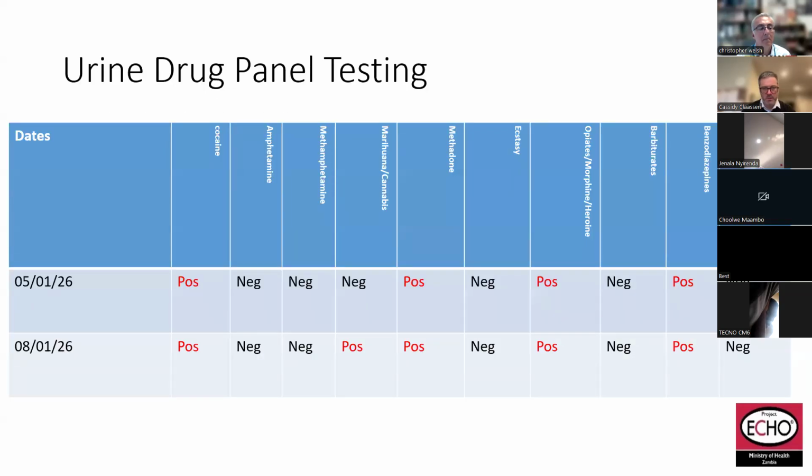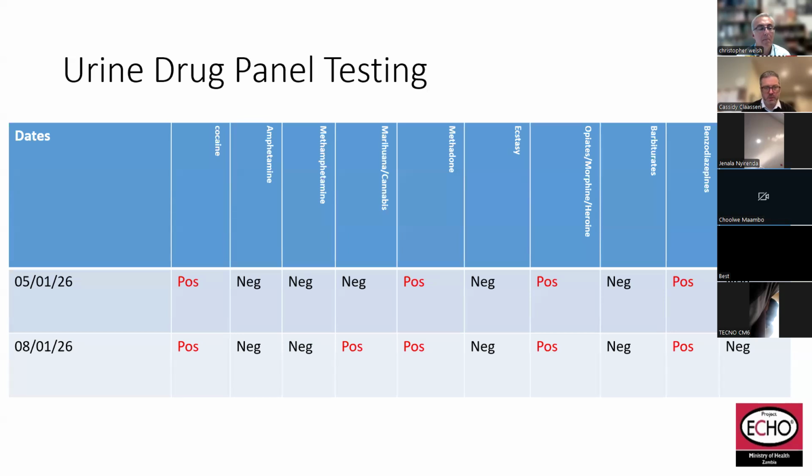So with our urine drug panel testing for this particular client, like I mentioned, he's in and out of the clinic. He's not a client who comes on a daily basis. But for the 5th and the 8th, we have these results. We can start with the first one. Cocaine was positive on the first day. The amphetamines and methamphetamines as well as marijuana were negative. Then we have methadone, which shockingly was positive before we initiated methadone. And ecstasy was negative, opiates such as morphine and heroin were positive, barbiturates were negative, and then benzodiazepines were positive,